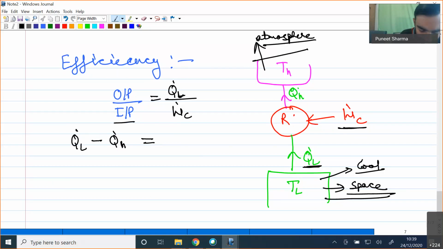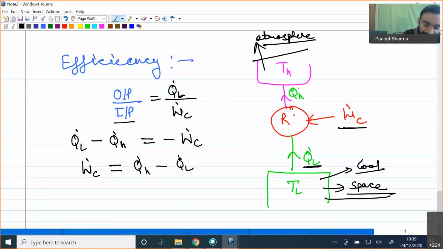So the amount of work done over here is only the compressor work, because on the other side we have used a throttling device which doesn't have any work interaction. So the only work is W dot C, and this is also work done on the system. As it is on the system, I'll be writing minus W dot C over here. So from here I'll be finding that W dot C will be equal to Q dot H minus Q dot